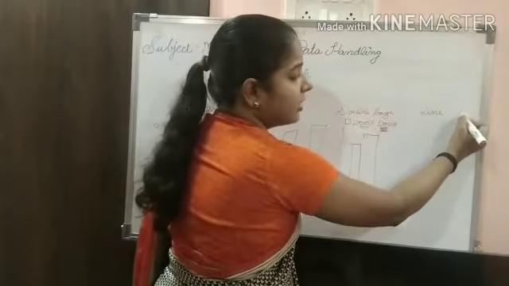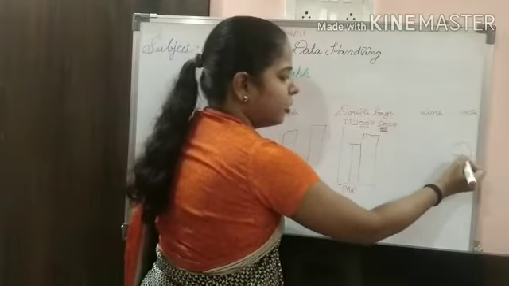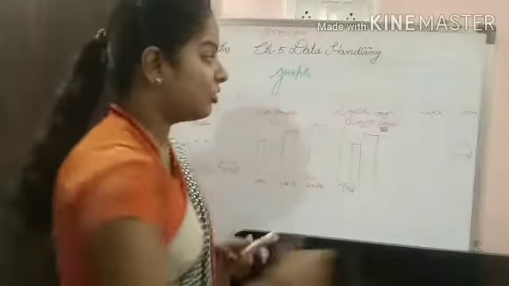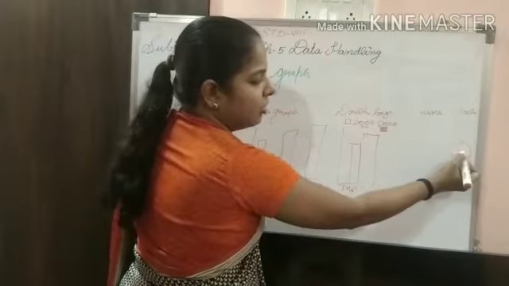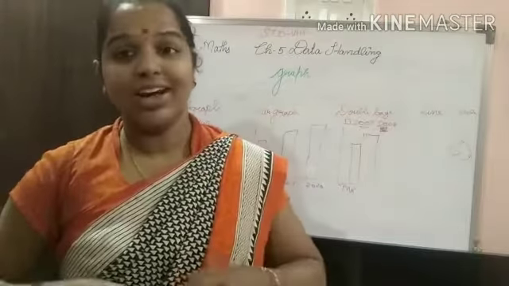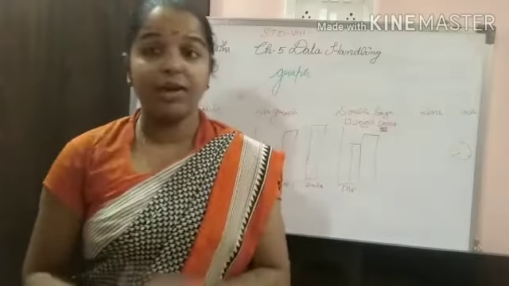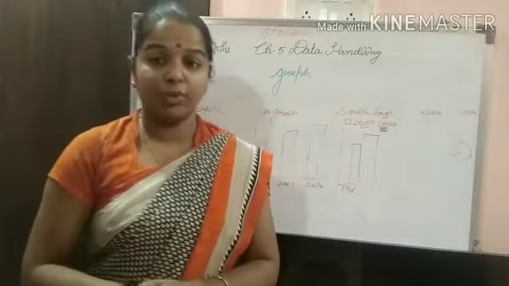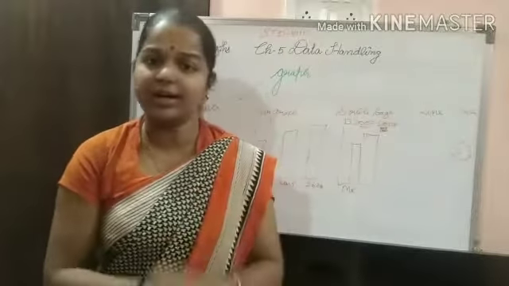Sorry, next is the circle graph. In a circle graph what is happening? The circle is used for showing the portion, for example the portion of water and land of the earth. There it is clearly shown. If this is the circle, 70% of the earth is covered with water and 30% is covered with land, and the mixture of air we have studied in science. So there also the circle graph is shown to show the percentage. Understand, students? So this is the symbolic way of representing the data.